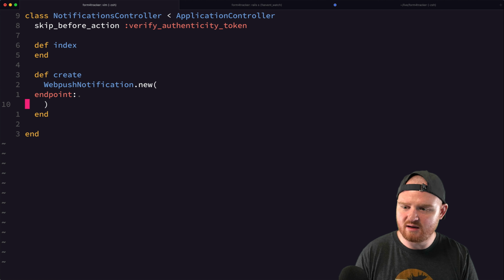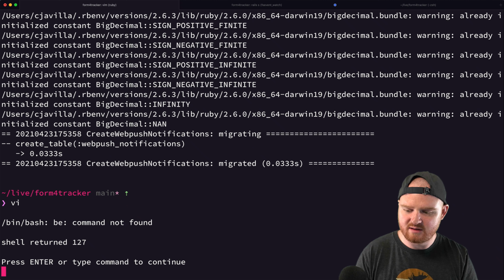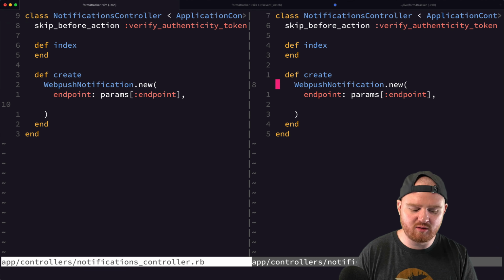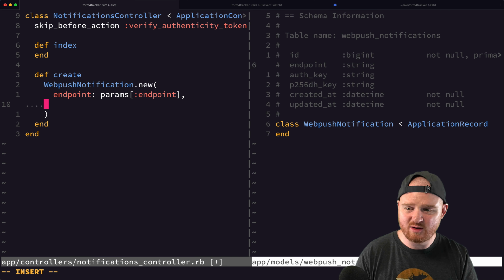So bundle exec annotate --models. Boom. Okay, so in our web push notification model here, we have our endpoint, we have our auth key,